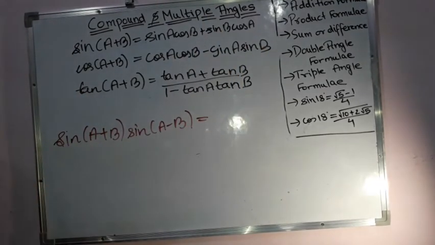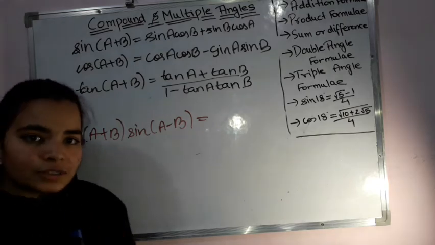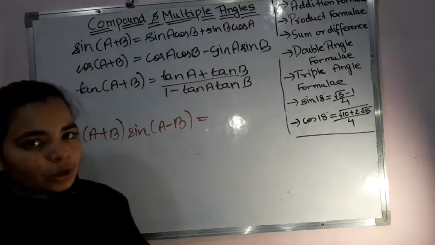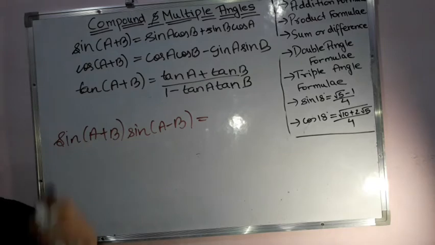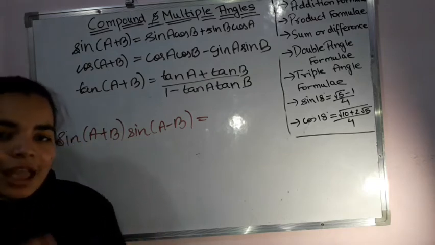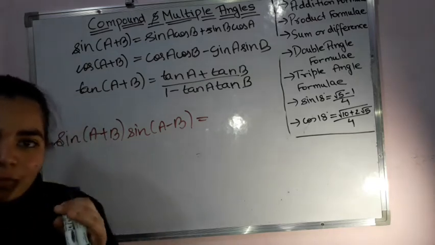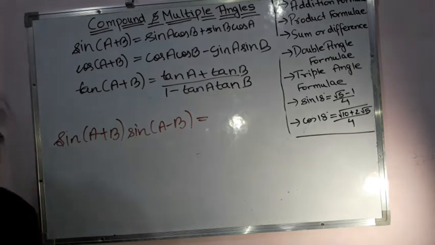And when you square it, after this you can take sine square a common from one, and from the other one you can take sine square b common, and then you will be left with cos square b and cos square a, and that you can write as 1 minus sine square a and 1 minus sine square b, and when you multiply it inside, both these terms will get cancelled, and so you will be left with just a simple term.